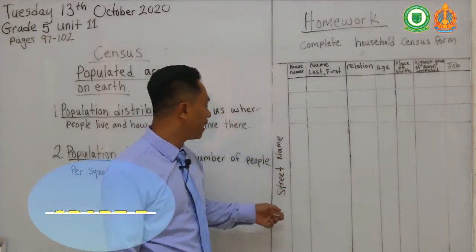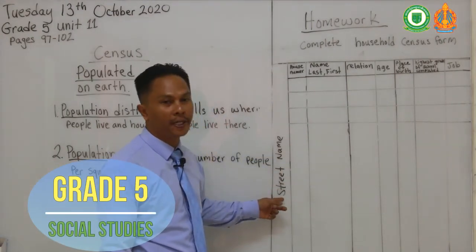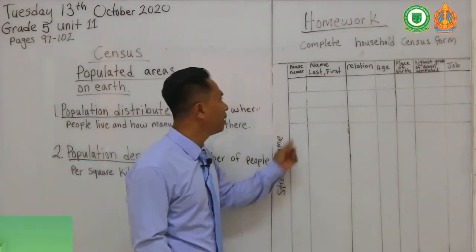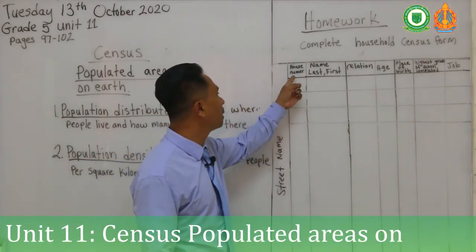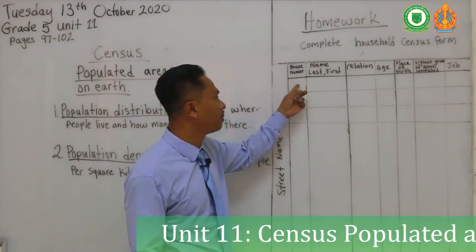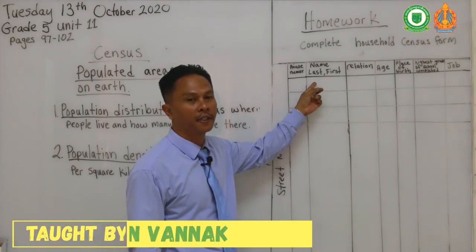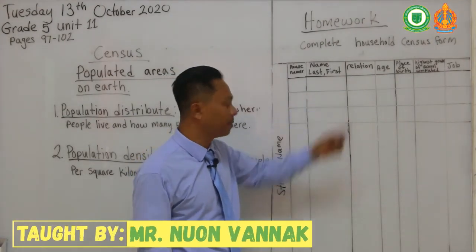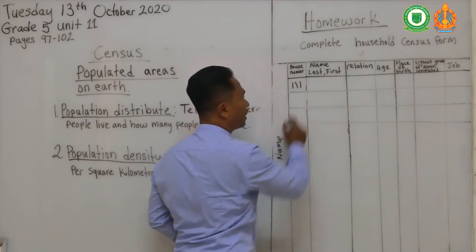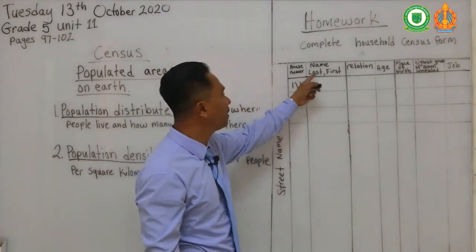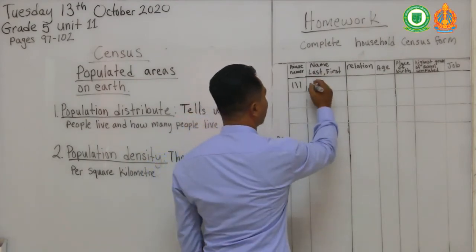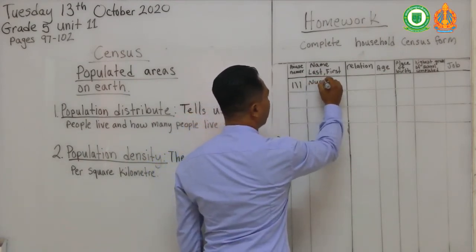When you look at it, you'll see a street name. So what you do is you write your street name, okay? And then what you do is the house number. You're going to do some research on the house number. You find out who lives there, so you write their last name, first name. So for example, house number 111, okay? And the person that lives there would be, for example, I live there, okay? So it would be Nuon, Vannak,